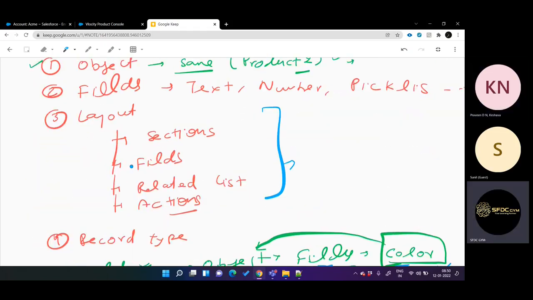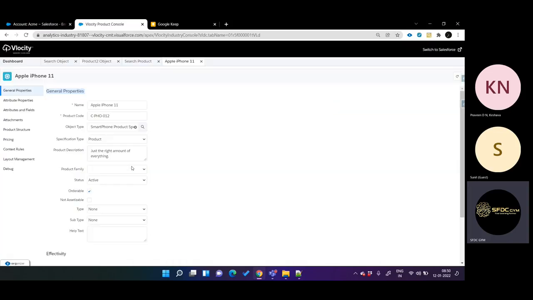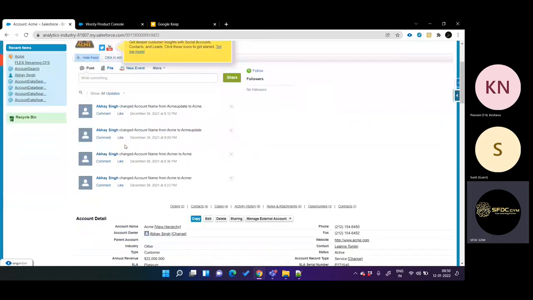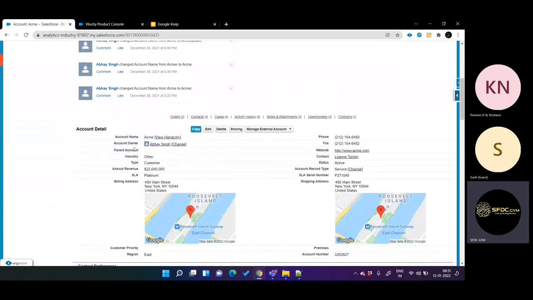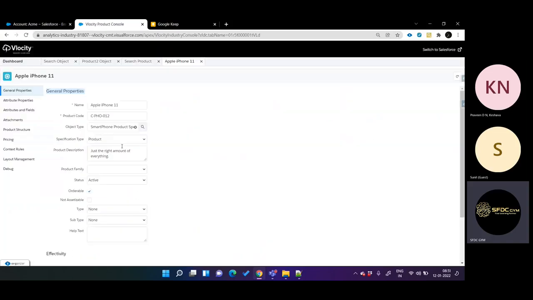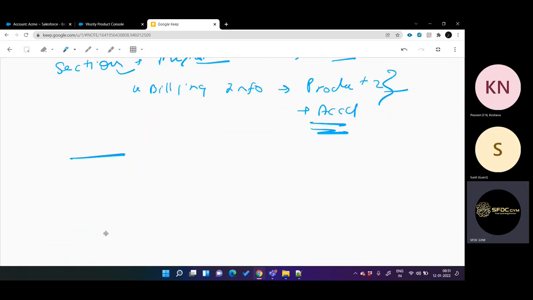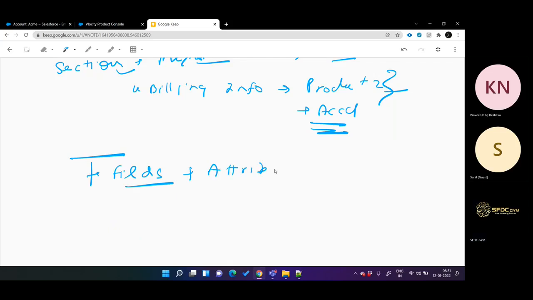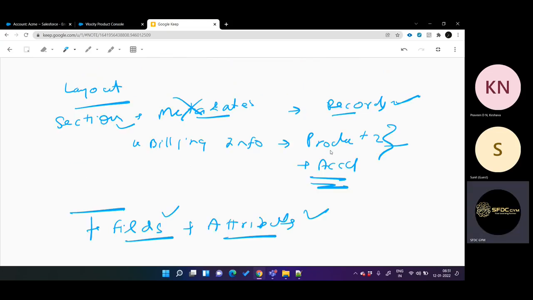fields. Let's go back to Salesforce. Once you drag your section, the next thing you will do is define the fields here. The same thing here also: once you drag a section, there is an option where you can define the fields. But here it is fields plus attributes. You can access fields also, you can access attributes also. Next thing is